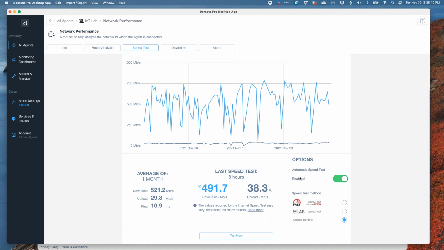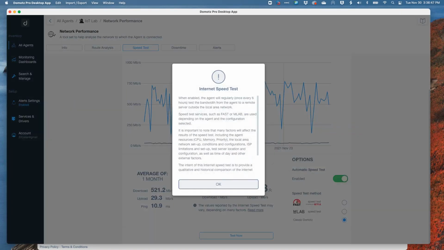A few things I'll point out while I'm here talking about the ISP speed tests is that this is extremely variable. It is based off of not only network conditions on your local area network, but also the system that the agent is hosted on, as well as other conditions, such as what traffic's going on in the switch. How far down do you have the agent in the network hierarchy? As most of you know, you should probably put a service like this closest to the router or the ISP modem as possible. But just be aware that all of these types of issues highlighted here can affect